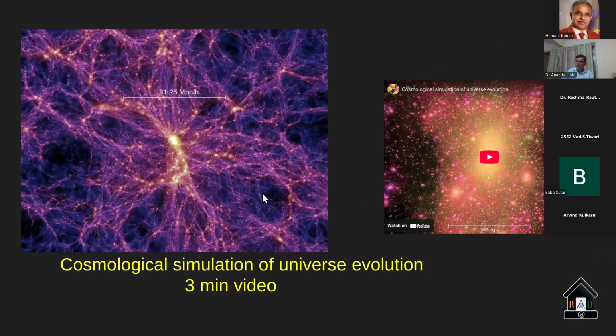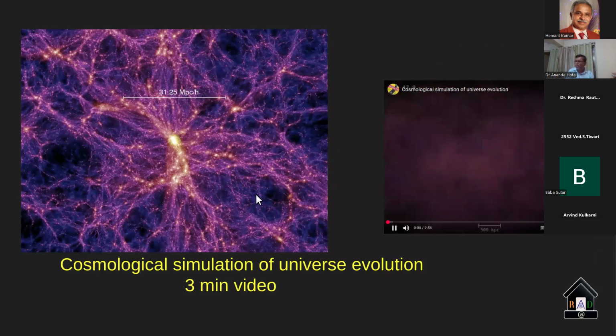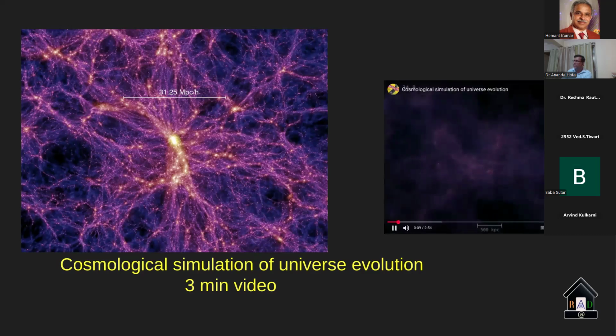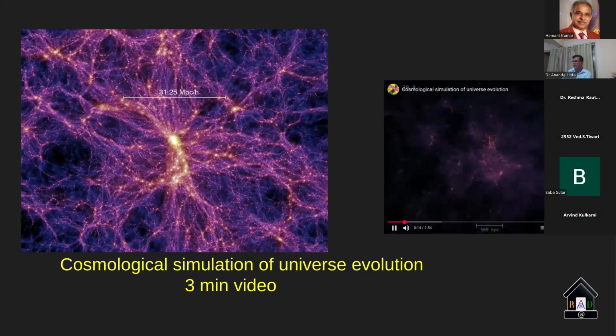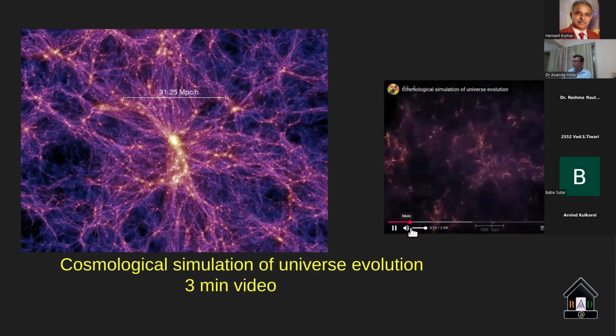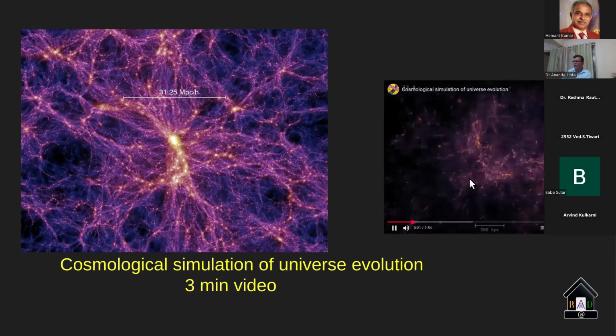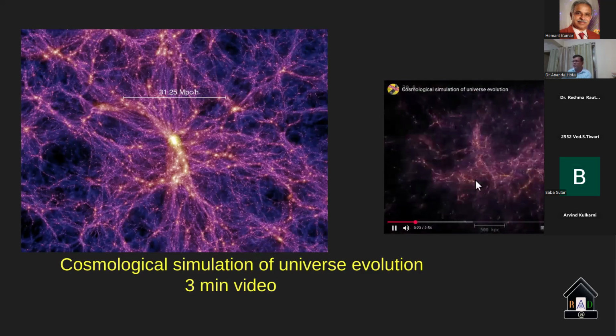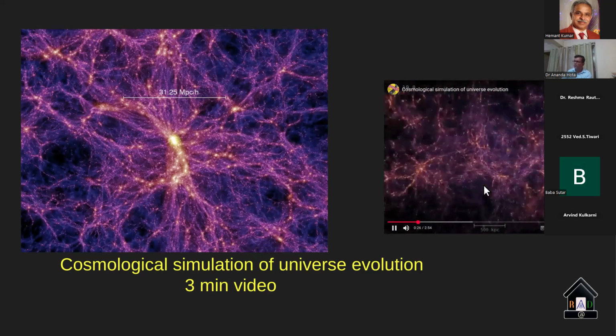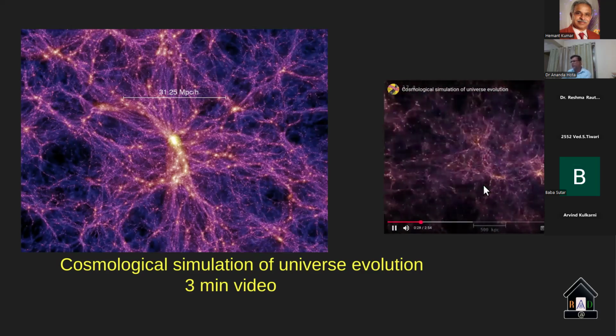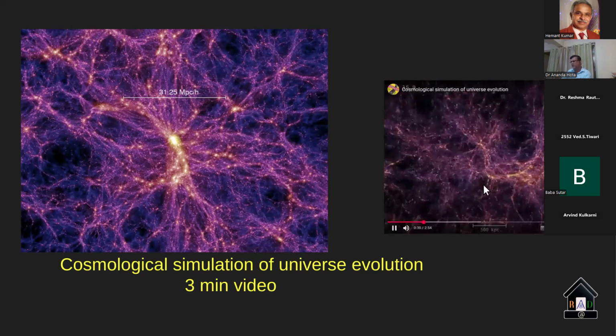I will show you a quick two animations again. This is called the Millennium Simulation. From very high redshift, close to the Big Bang, the universe was almost filled with only hydrogen gas, thick, almost uniform, you can say. Slowly the contrast grew and structures formed: galaxies formed, groups of galaxies formed, bigger groups, some clusters of galaxies, and bigger superclusters of galaxies formed.